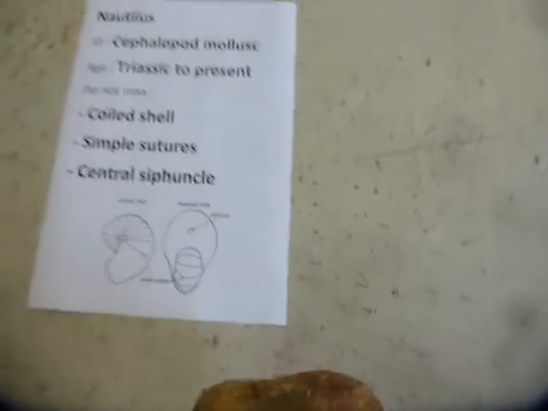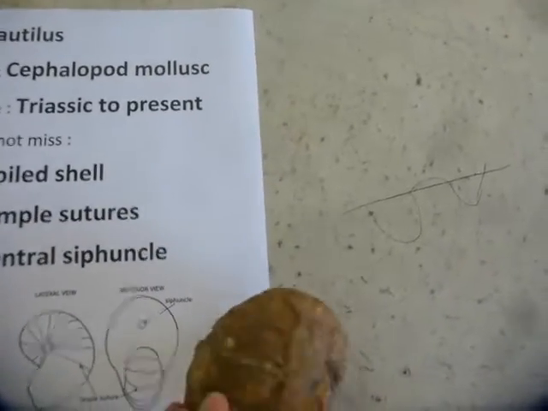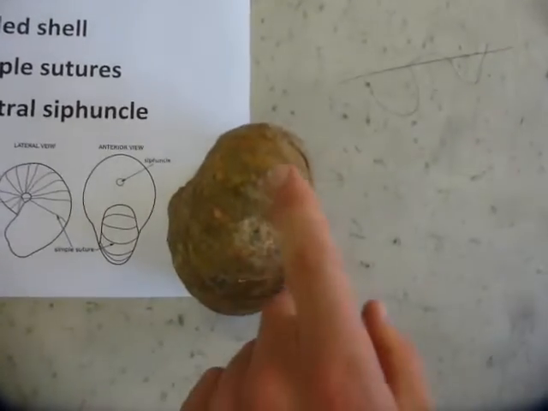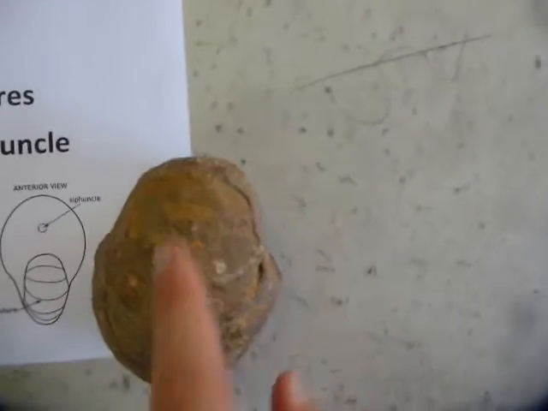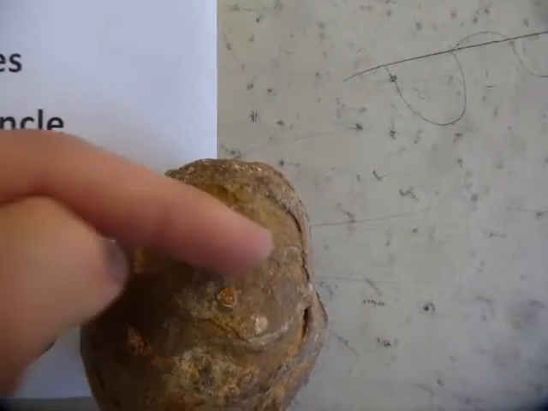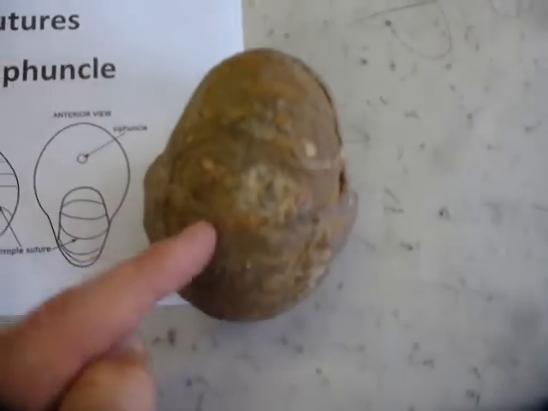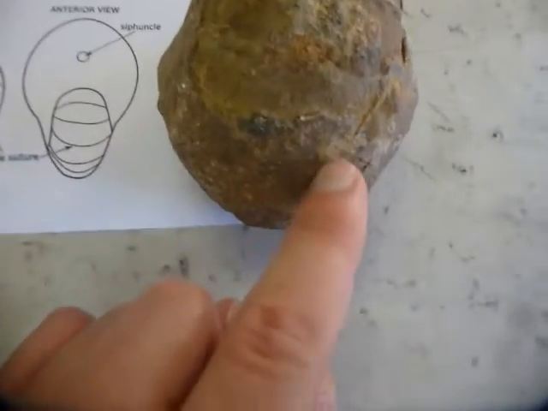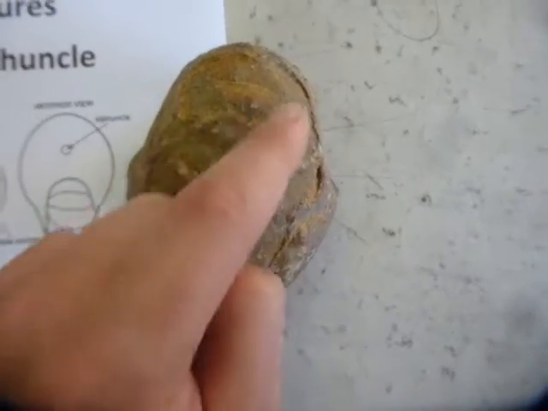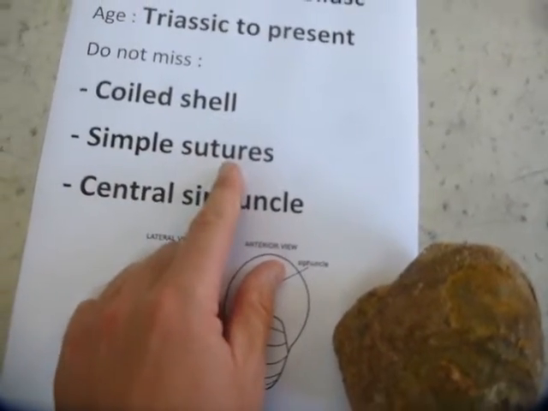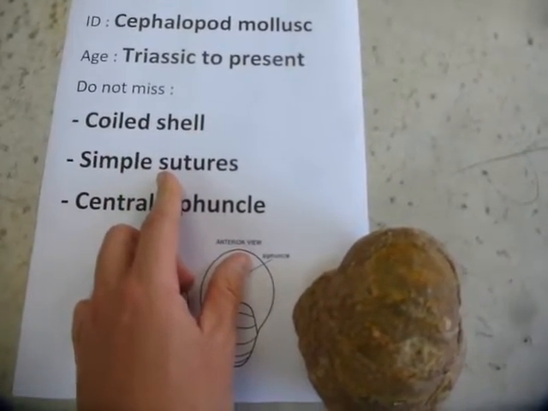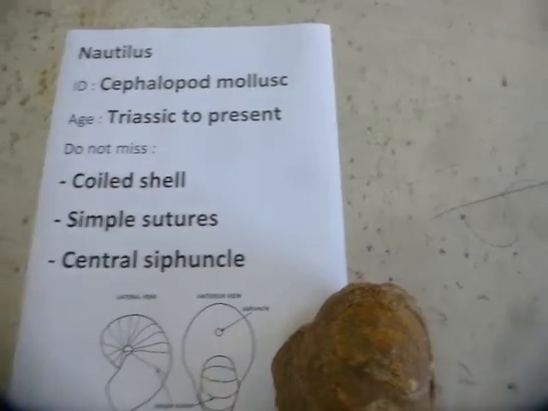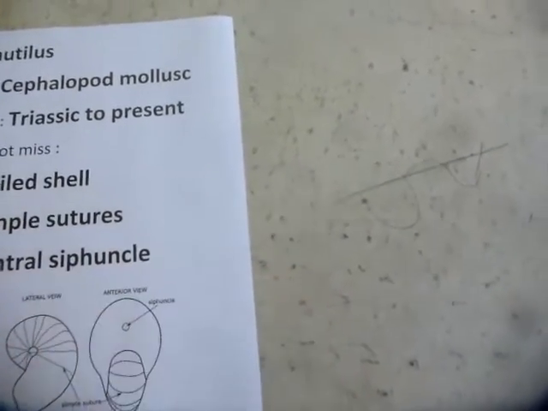And nautiloids, or nautilus particularly, are easily identifiable because their body is made of little rooms, which are called chambers, and each room is separated by a suture line. So that suture line that you can see here, and here, and here. These horizontal lines are the suture lines, and these suture lines are straight. They are very simple. So if you have a coiled shell with simple suture lines, it means you're looking at a nautilus.